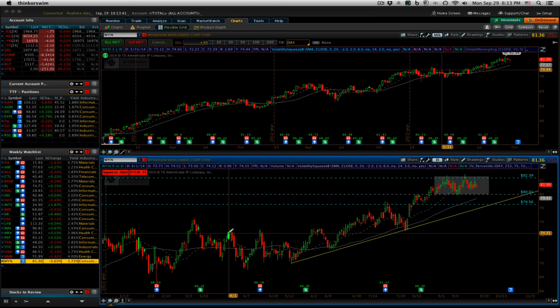Our positions are fine. The closest one to being stopped out is FIS. And as far as our watch list goes, there's a couple good setups there. Intel looks good. PepsiCo looks good. So a lot of good setups. So we'll see if we can add some positions in the coming days and get our portfolio back up to 10 positions. If not, then that means nothing's setting up and we're following our rules and making sure we're not overexposed at any point,